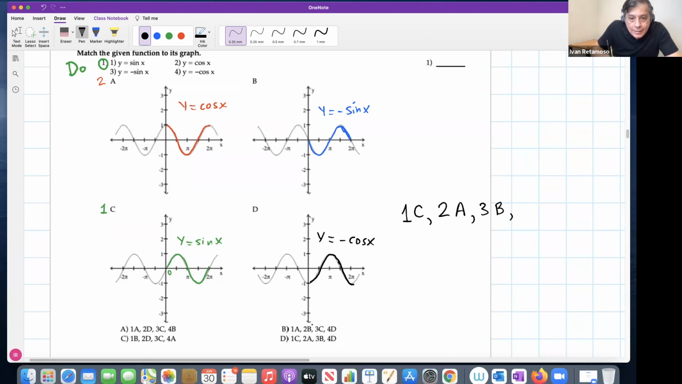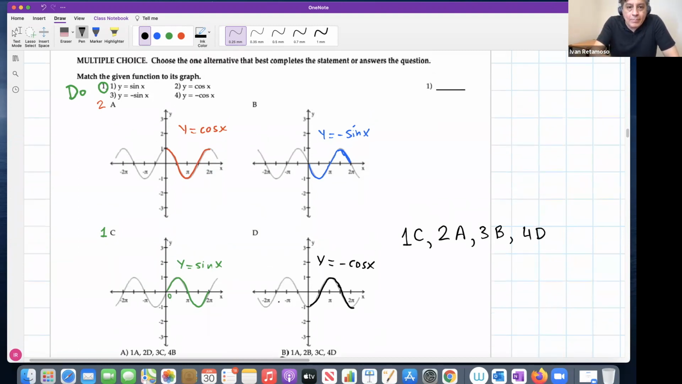So the graph D should be paired up with 4, right? 4 goes with D. This sequence of pairings is a perfect match with this, right? So this should be the answer. Follow, guys? 1C, 2A, 3B, 4D, right? Very good. Great. Okay, so now